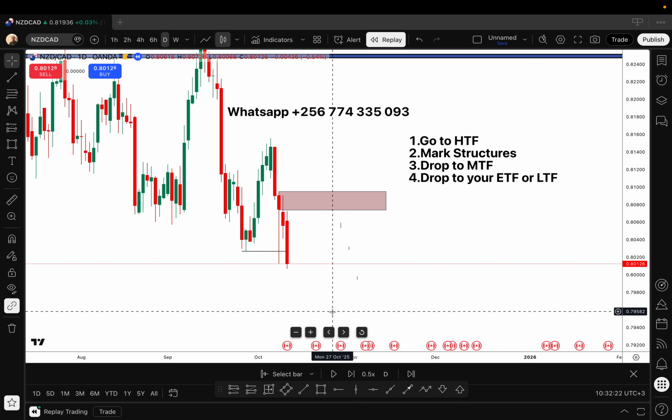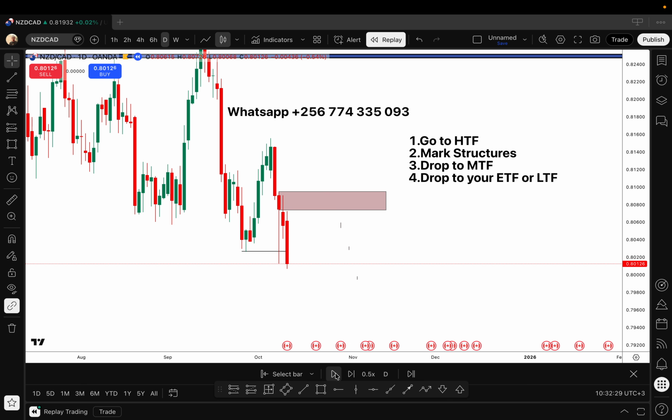If price does not come back there, I'm not going to be interested in the market until it does that, because that is what my rule says. If it follows my rules, then I'm going to be able to execute it without fear or favor. So I'm just going to play price forward, and guys, as I'm playing price forward, the equivalent of you doing this is